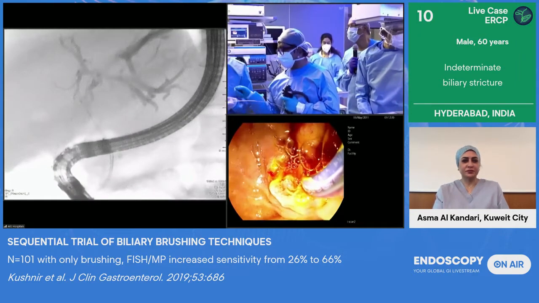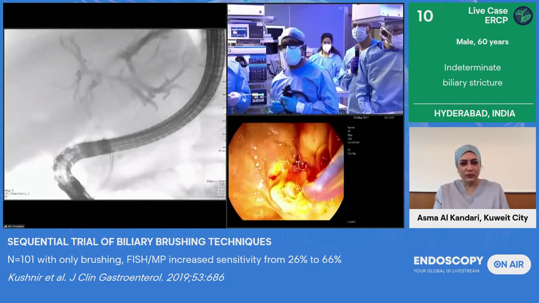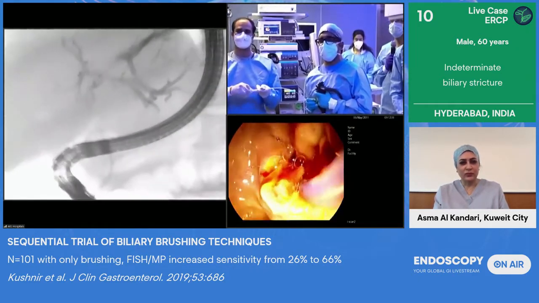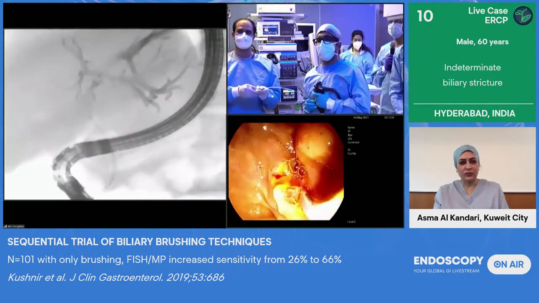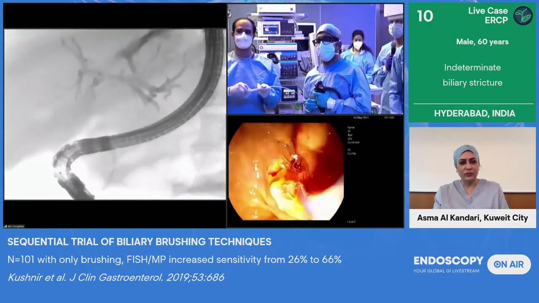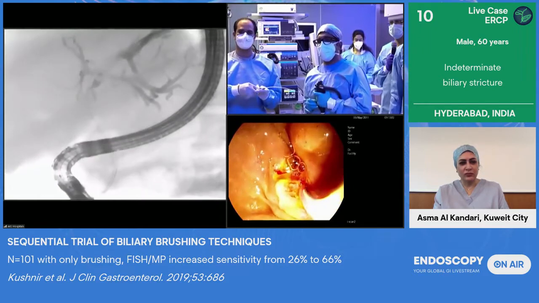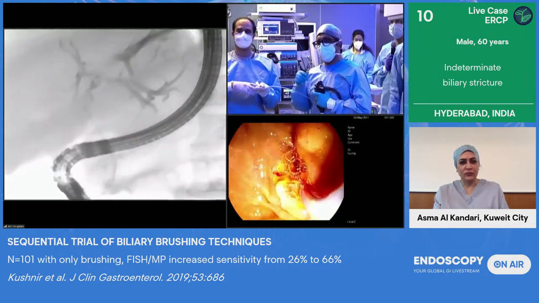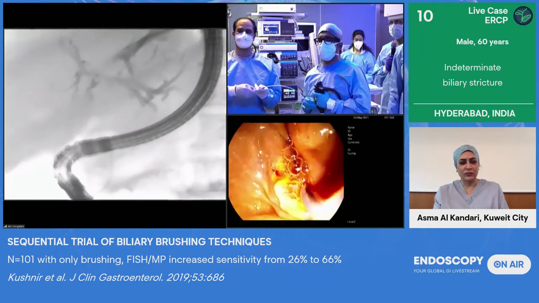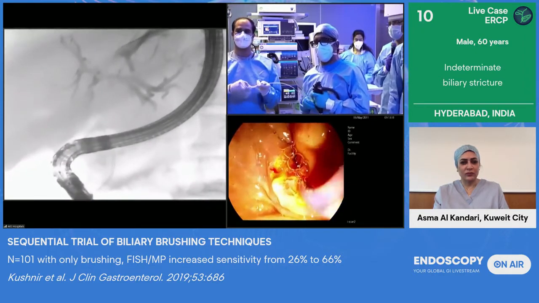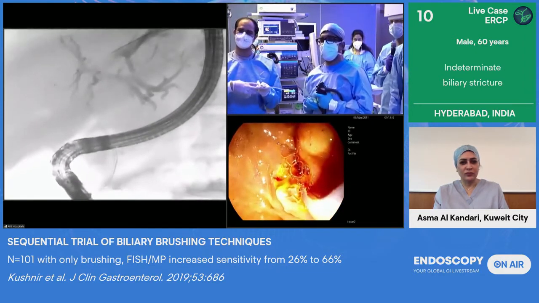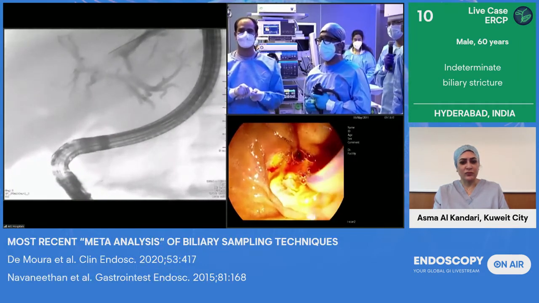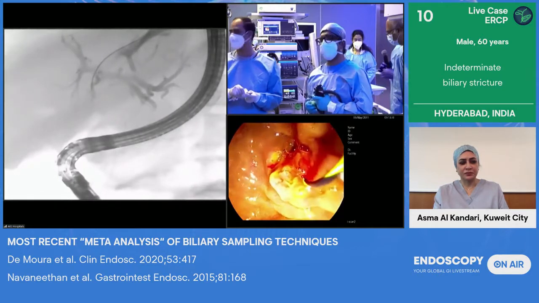Can you do the brushing? And you can see how he's taking the brush. He's doing to-and-fro motions, at least 5, across that stricture, and we'll show you the design of this brush. The stiff brush cuts through the tissue, and then there are the soft bristles which catch the detached cells. Can we have a brush outside also?